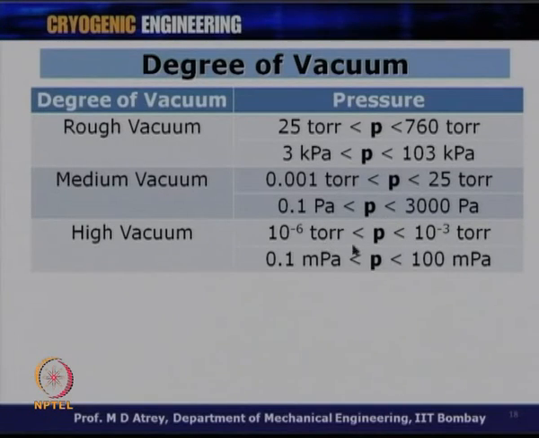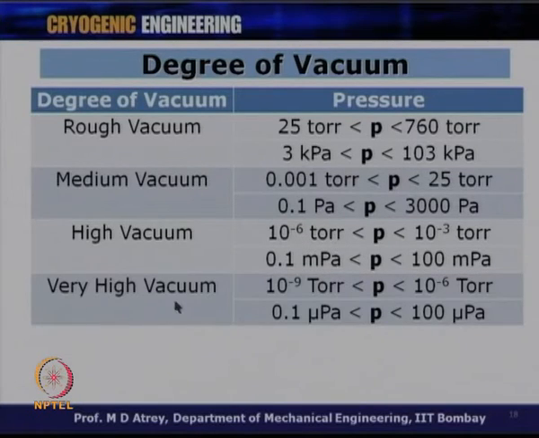So, again you can understand that I have come down to 10 to the power minus 6 torr, which is high vacuum, when the pressure is between 10 to the power minus 3 and minus 6 torr. Sometimes, instead of saying 10 to the power minus 3 to 10 to the power minus 6, one can say that the vacuum is of the order of minus 3 to minus 6. Normally, it is understood that this is 10 to the power minus 3 and 10 to the power minus 6. These are different levels of vacuum.